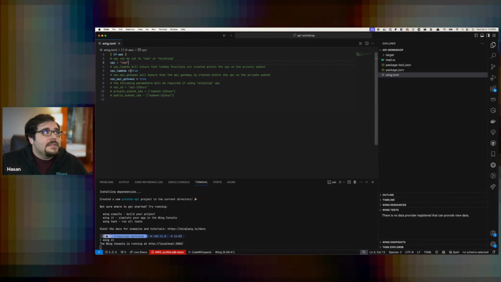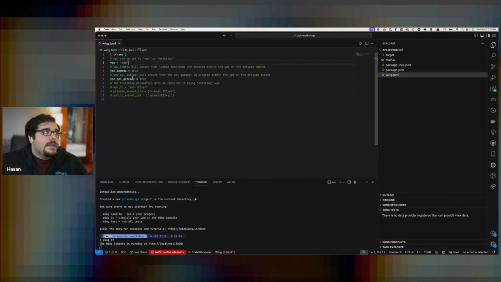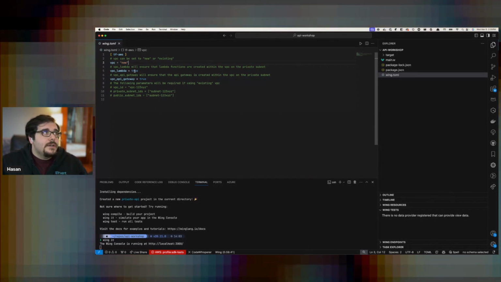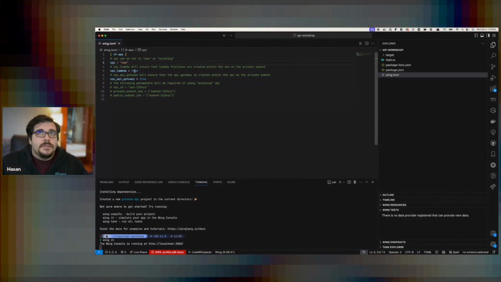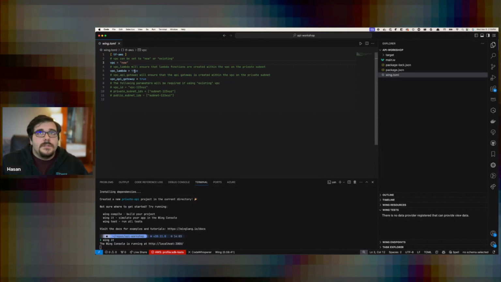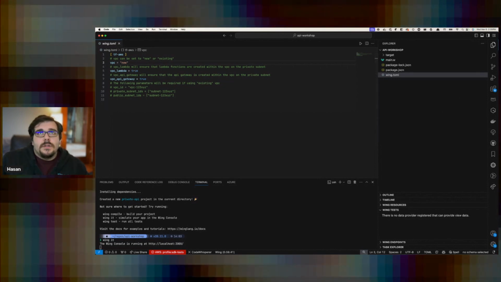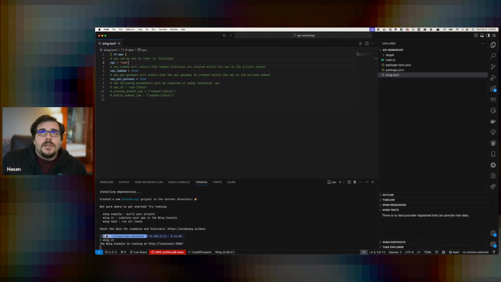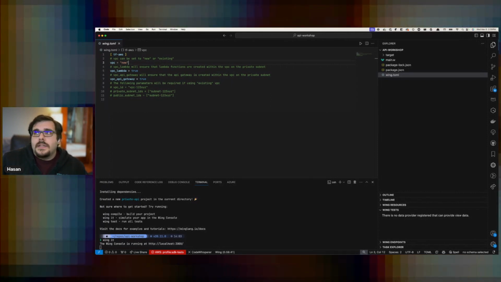The second one is vpc_lambda and vpc_api_gateway. Both of these expect a Boolean value. And essentially the purpose of these configurations is to tell the target whether or not our Lambda functions and our API gateways